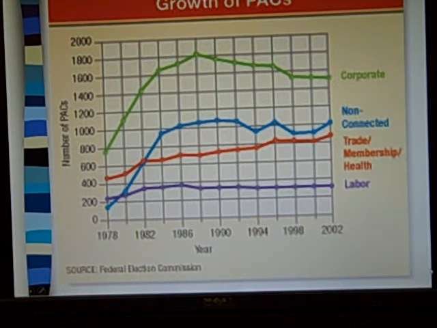Conglomerates, maybe that's the right word. But there are multiple businesses together that form one industry, and they can create their own political action committee. All right, we have a significant increase in really what are just political action committees, right? Not connected to an individual industry or corporation or something like that. All right.